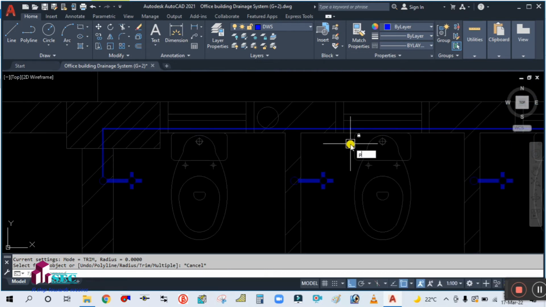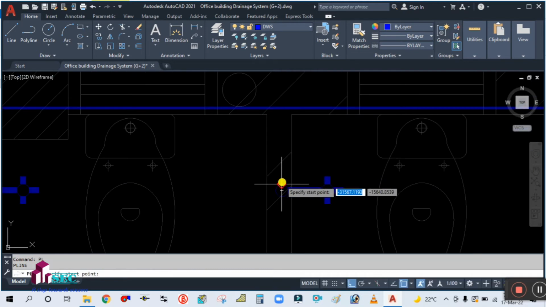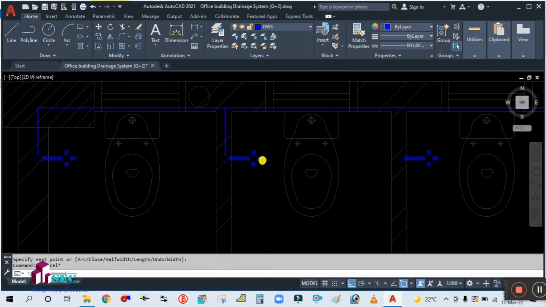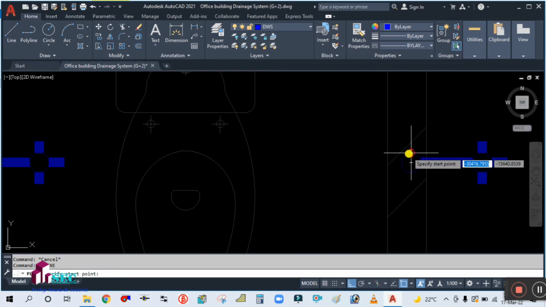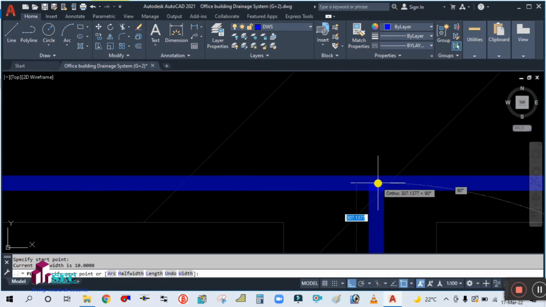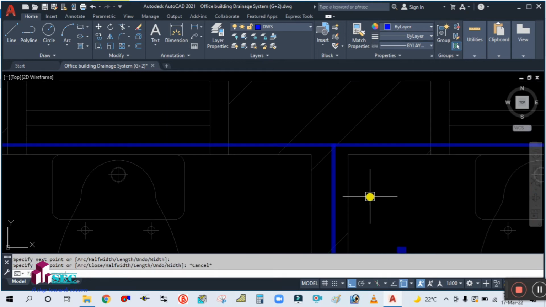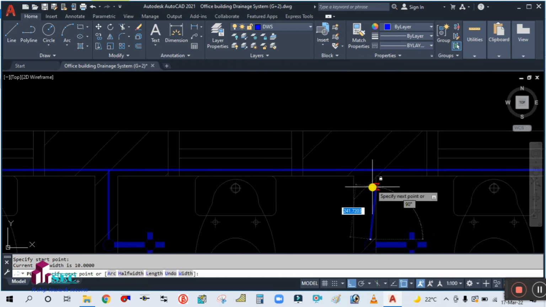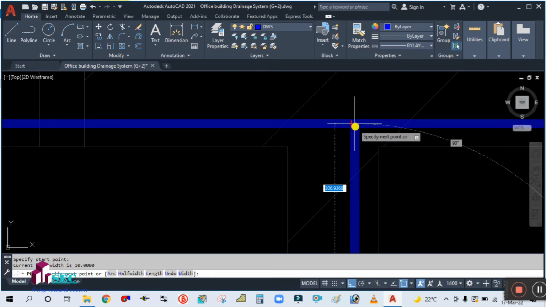Now connect all this hand spray. Simply connect all the hand spray to this main pipe, okay. This is for the domestic water hand spray. So you need to connect all these to this main line,